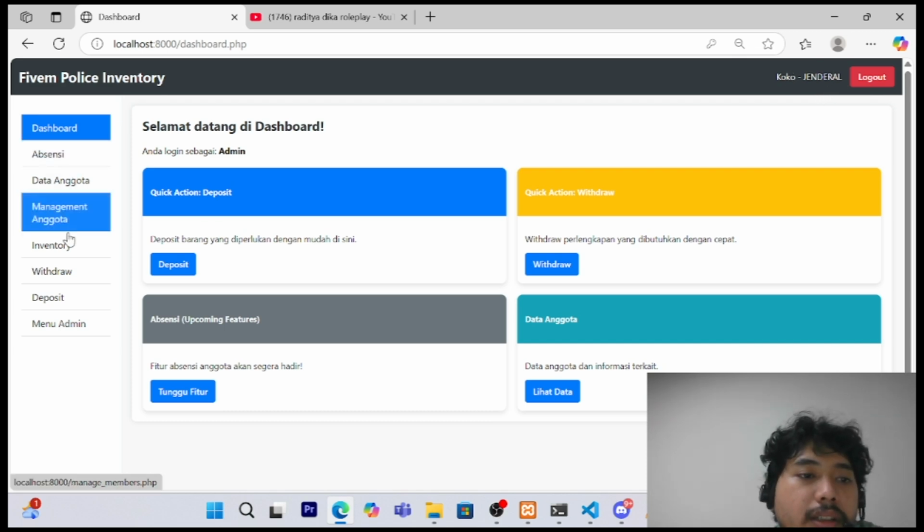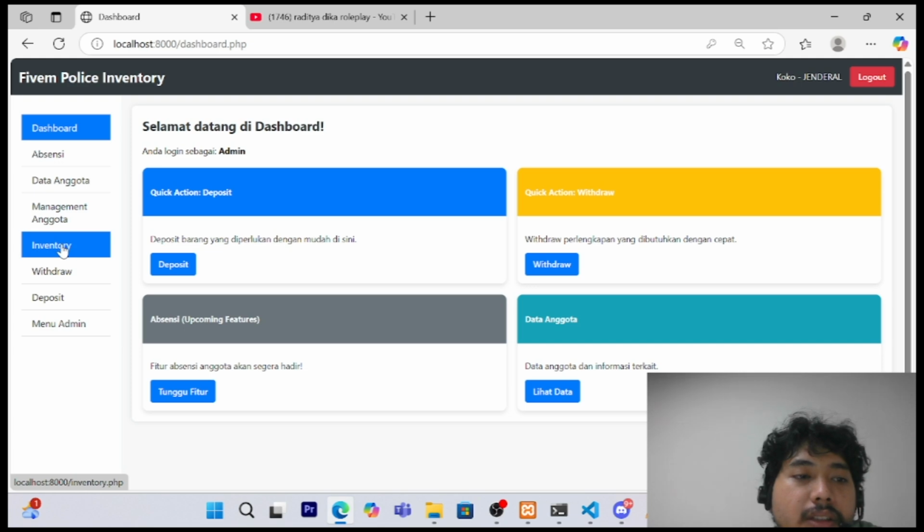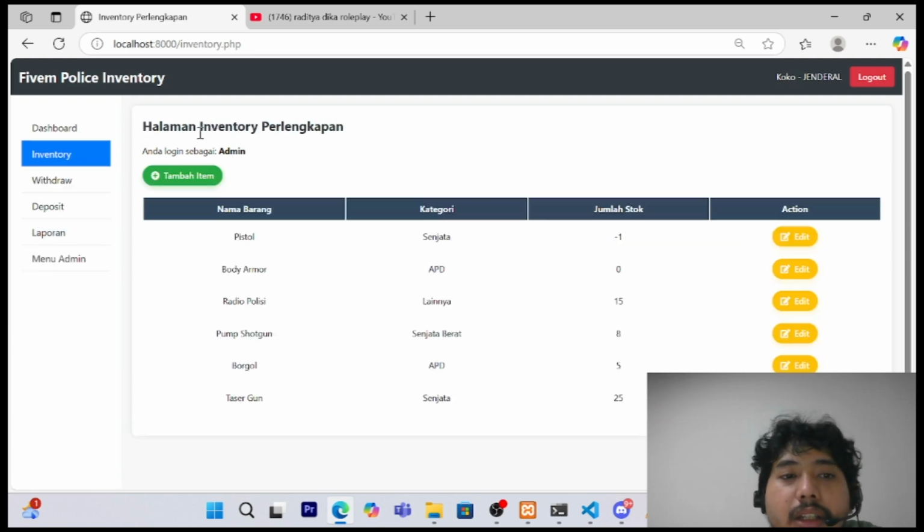Okay, so the next feature is the inventory management system. In here we can see this inventory system page. As an admin, you can add an item, and then you can edit the item. In here we have a negative item stock, because before I tried to take an out-of-stock item, it should not be possible to take an out-of-stock item, but here we have a bug where the stock goes negative.